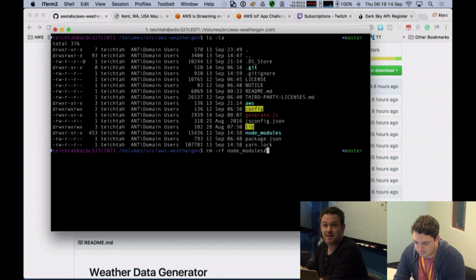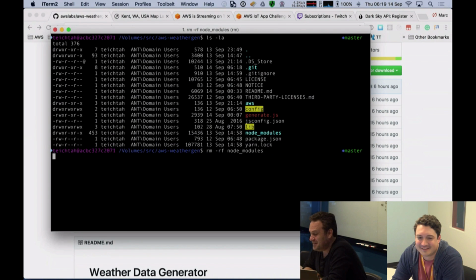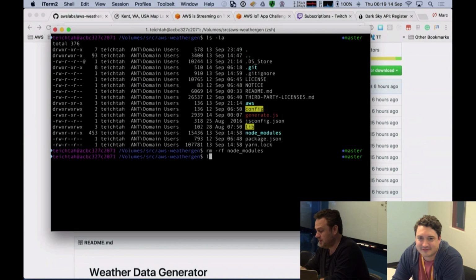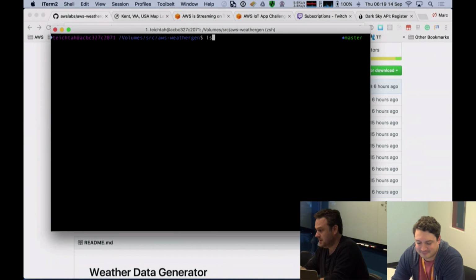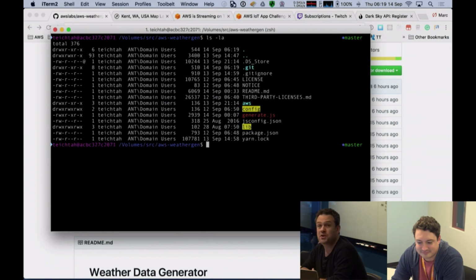And you know, Ryan, I always get a bit nervous when I do this rm -rf command. I've done some pretty horrible things with that before, so just make sure, guys, that you're in the right directory and that you're deleting the right thing. So I'm going to delete all those node modules from my local machine here. And you'll see here from my ls, I'll just clear my screen so you can see it, that's gone.